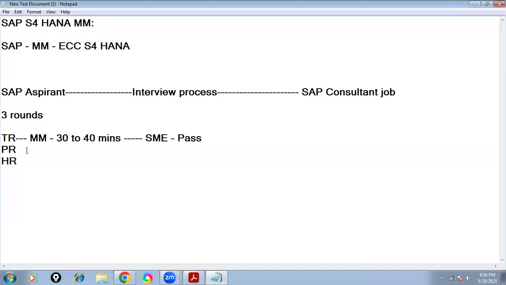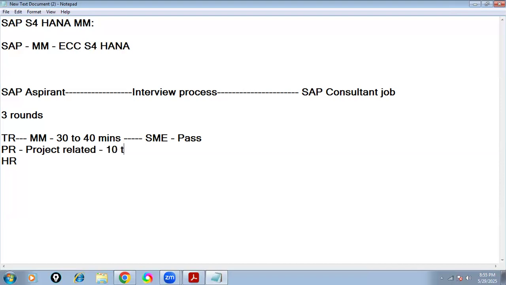There is another round, students: the project round. Actually, it is optional. Whether you take it or not is a different story. For this, there will be a separate demo. In this project round, they will ask project-related questions. Why? Because if you show some projects, definitely they will ask about them. In a real-time SAP implementation project, how will it work, how will one company transform from a non-SAP environment to an SAP environment? A one-year implementation project we are going to cover here, followed by the internship also.